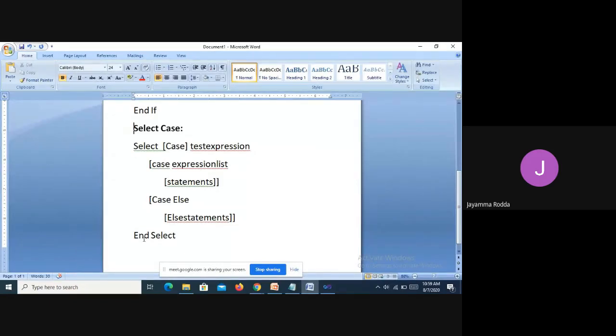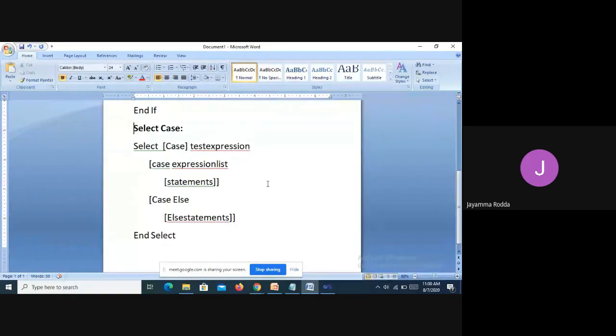So what happens? This test expression will be compared with the list of expressions in each case. There will be a case expression list, like case 1, case 2, case 3, case 4. Multiple cases will be there. Usually we use them to find colors or whether the given number is in a particular range.